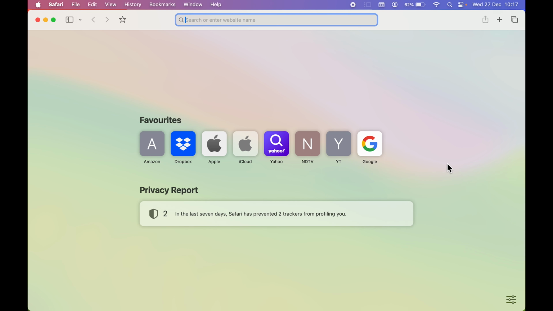In today's video, I'm going to talk about some of the useful shortcuts which you can use in Safari browser